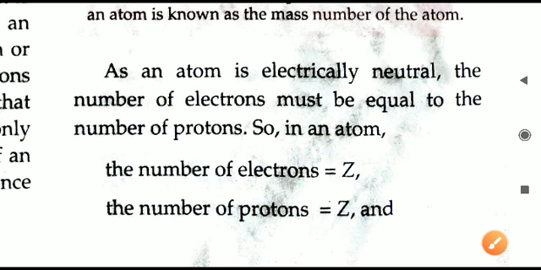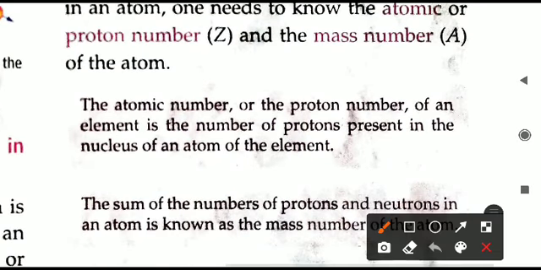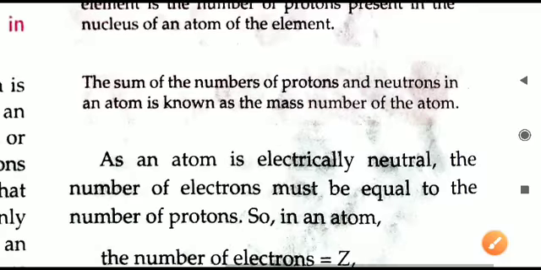So we can change the definition now. Which definition? Atomic number. Atomic number, what I have told you just now, we have seen atomic number is number of protons. लेकिन अगर प्रोटॉन और इलेक्ट्रॉन इक्वल हैं, then we can also write it is the number of electrons. We can write now because both numbers are same only. So if we are talking about a neutral atom only, अगर charged है, अगर कोई ion है, positive negative charge है, तब ये wrong हो जाएगा, then it is wrong.